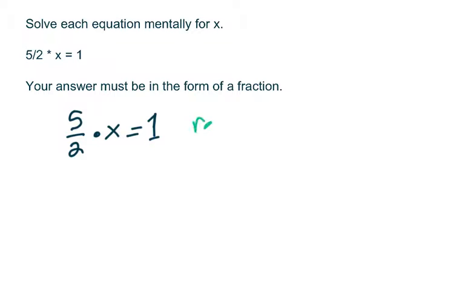Let me just write that here for us. By definition, the reciprocal is one of a pair of numbers that when you multiply them together, they equal 1. So I'm looking for that magic number that I could multiply times 5/2 and I would get 1. So the way that we write the reciprocal, or the way that we sometimes think about it,